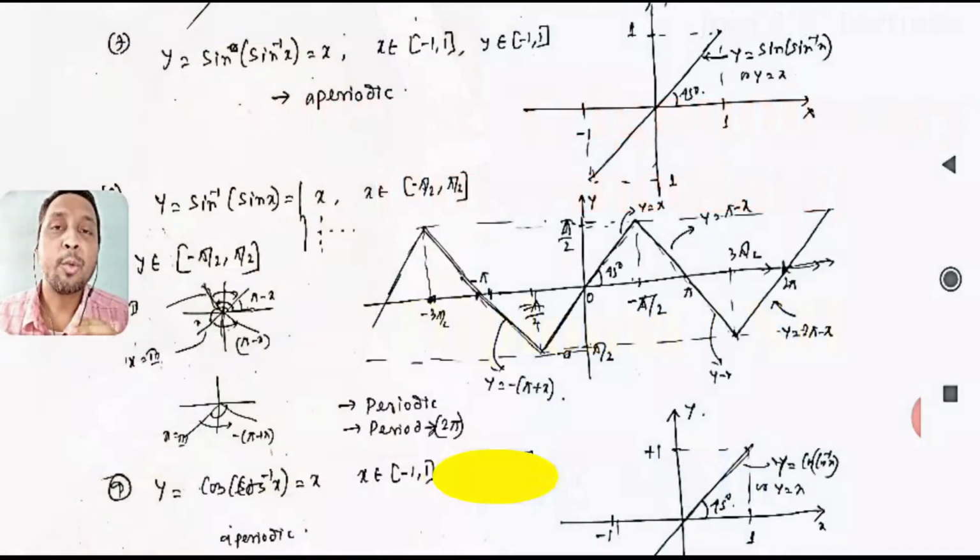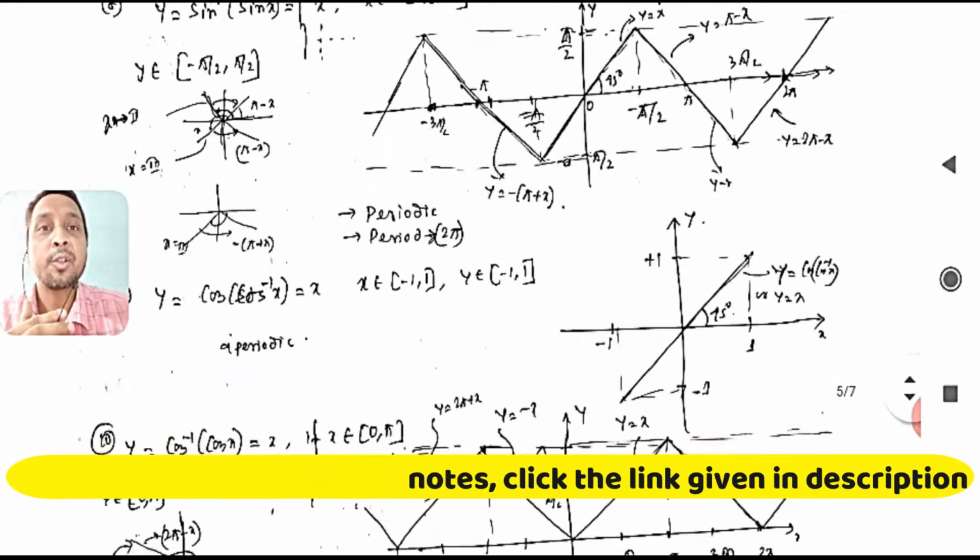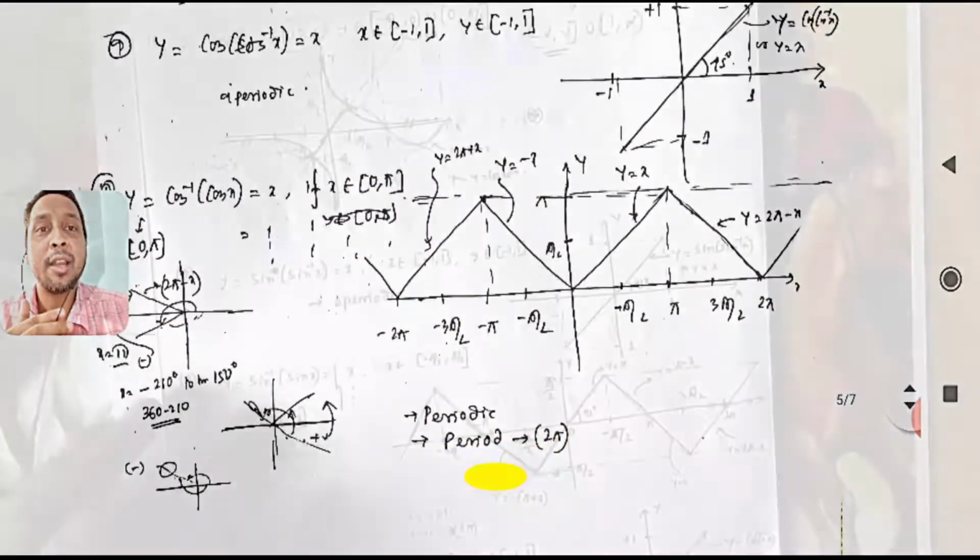Okay students, welcome you all to this new lecture in intermediate level. So in continuation with our discussion of graphs in inverse trigonometry, we'll take a new type of graphs of our inverse, that is sine of sine inverse, sine inverse of sine, and cos inverse cos. Okay, then let's see this.